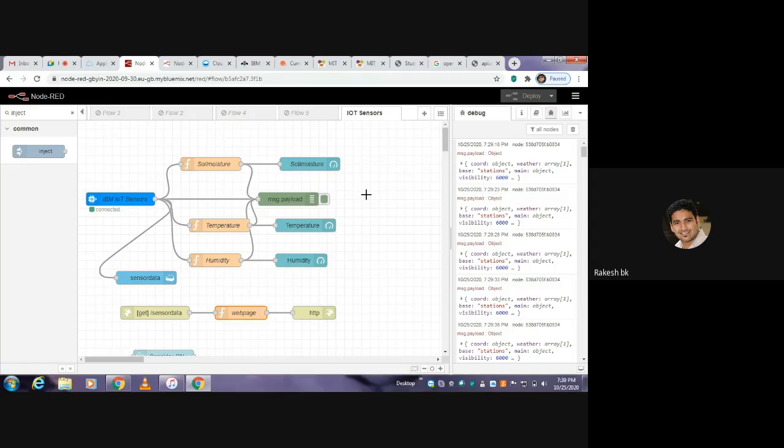Once your Node-RED has been completed and the open weather data account has been created and the respective API fetched, now we have to display this entire data on a mobile user interface. To develop that mobile user interface, we want to log into a website which provides us a platform for developing a mobile app.